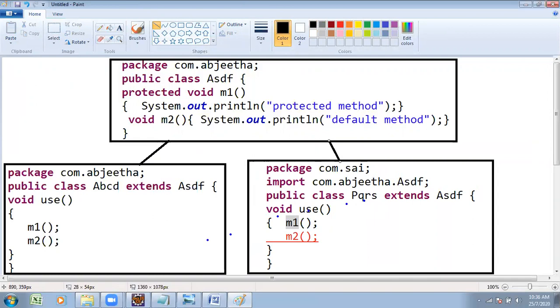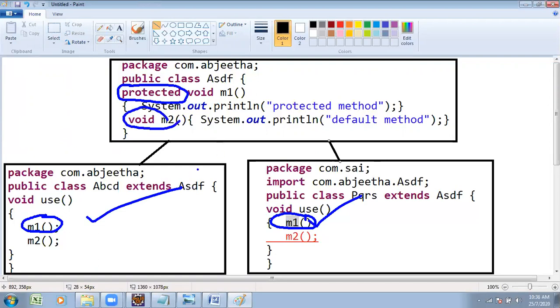How to give the answer? Protected can be accessible in a same package subclass as well as a different package subclass. But default can be accessible within the same package subclass, but not accessible in a different package subclass.